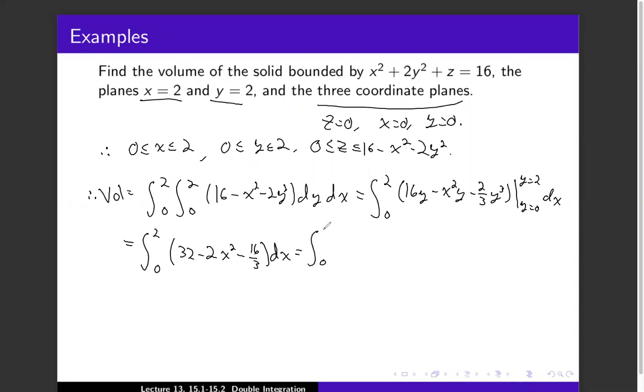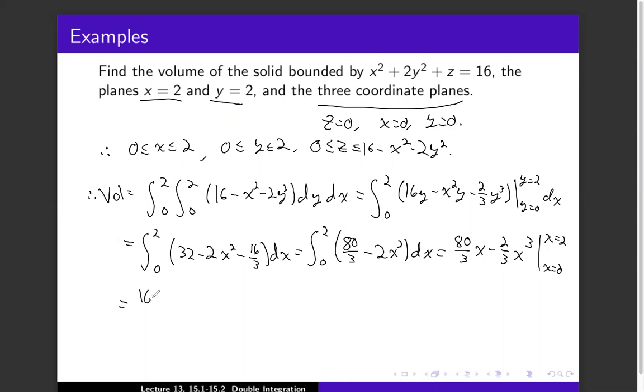Following that through, integral from 0 to 2. 32 times 3 is 96. 96 minus 16 is 80, so that's going to be 80/3 minus 2x squared dx. So that's going to be 80/3 x minus 2/3 x cubed, evaluated from x equals 0 to x equals 2,